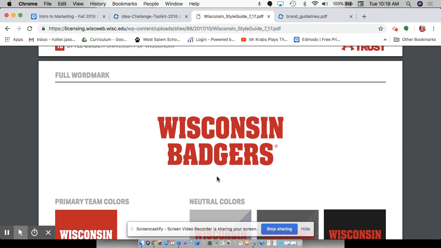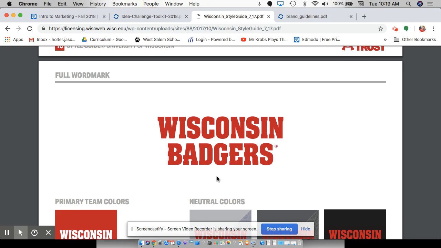Now, if I roll up to the Kohl Center and I'm outside selling Wisconsin Badger stuff that I printed using their own font, and I'm selling them to people, like, with Bucky Badger giving the finger to Michigan or something like that, what are they going to do? Is that something they want to be associated with? No, in which case they probably would get involved. Also, I'm trying to make money off of their logo. And that's why you copyright things, and that's why you put in the registered trademark.